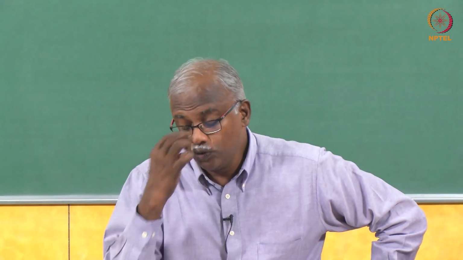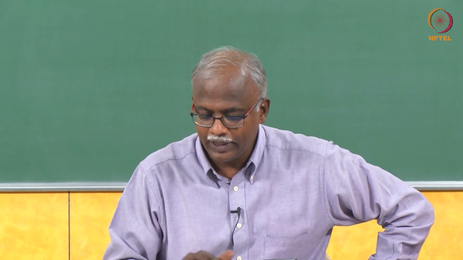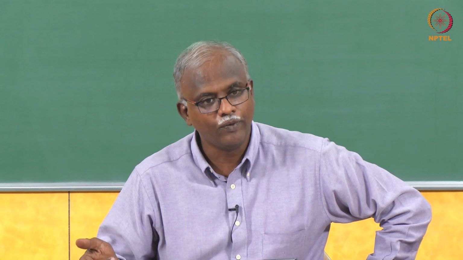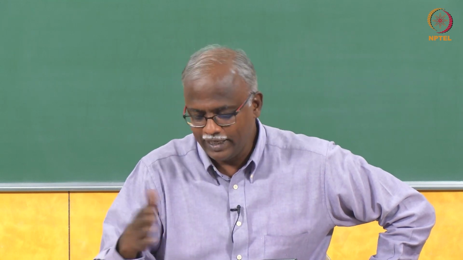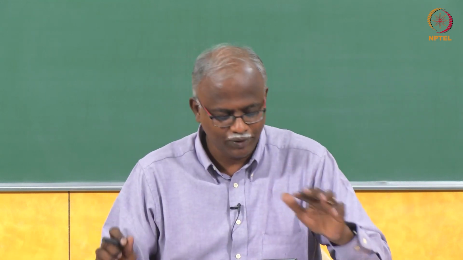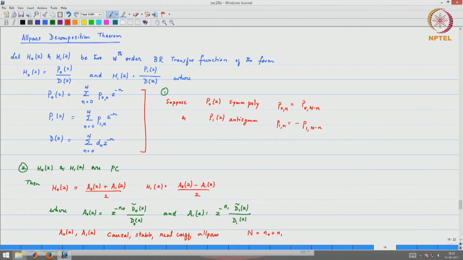Now, a quick check you can do to confirm that the denominator order is N: if you take these and take the common denominator, it will be D0 into D1. So the order will come out correctly, and then of course you can make arguments about the numerator as well. Okay, now this is the theorem. It is actually not as complex as it sounds. All we are saying is